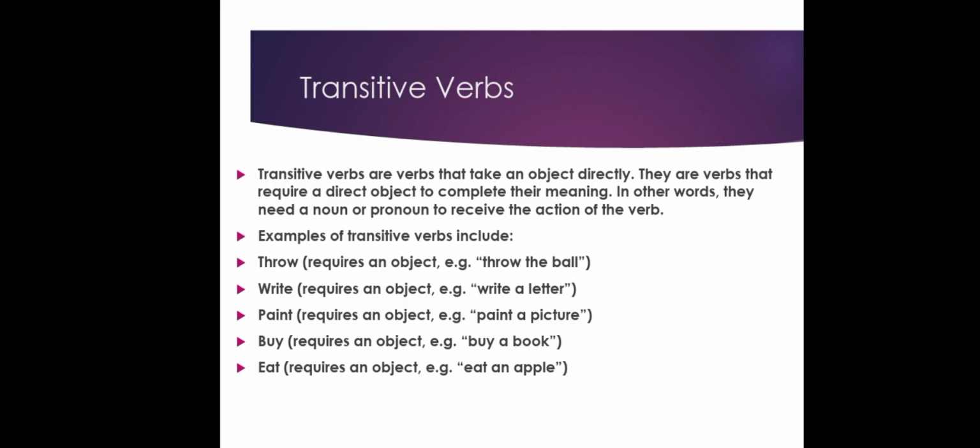So, those verbs which need a direct object to transfer their action from subject to object are called transitive verbs. They require a direct object to complete their meaning. In other words, they need a noun or pronoun to receive the action of the verb. Some examples of transitive verbs include